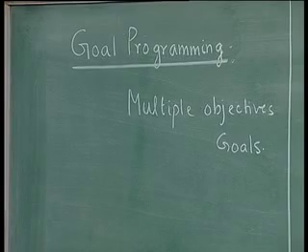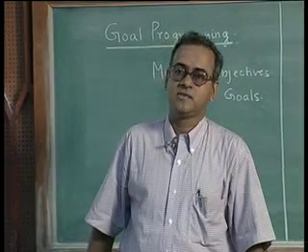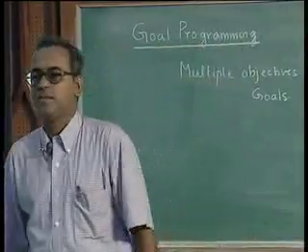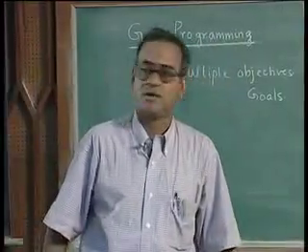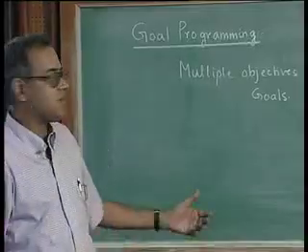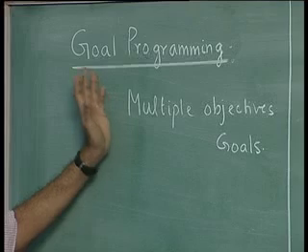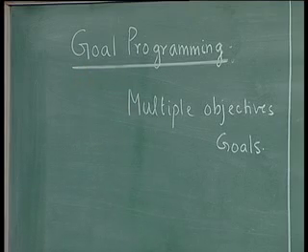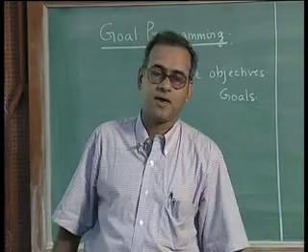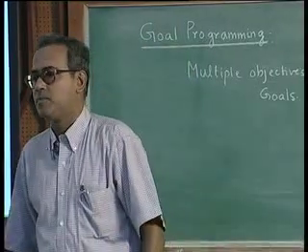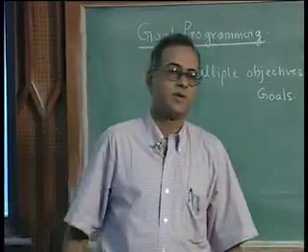Now, do we or can we have situations where there could be multiple objectives? If so, what do we do? Do we solve as many linear programming problems as the number of objectives, or what do we do there? And first of all, how do we model such a situation? Now, these things are handled in what is called multiple objective programming, and goal programming is one such method to handle multiple objectives. There are other methods, but goal programming is the most commonly used approach to address situations which